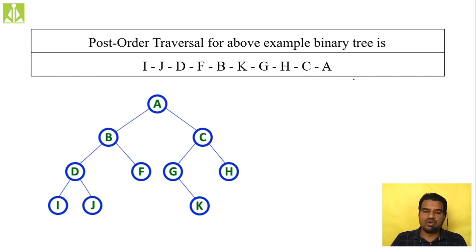So the same we perform over here. Start with root node A. Root node must be visited lastly. So we'll go to the left, because left will be first. Left, then right, then root. Like this we have to. So first we are starting with A. Move to the left, B. Make B as root. Move to the left, D. Make D as root. Move to the left, I. So I will come.